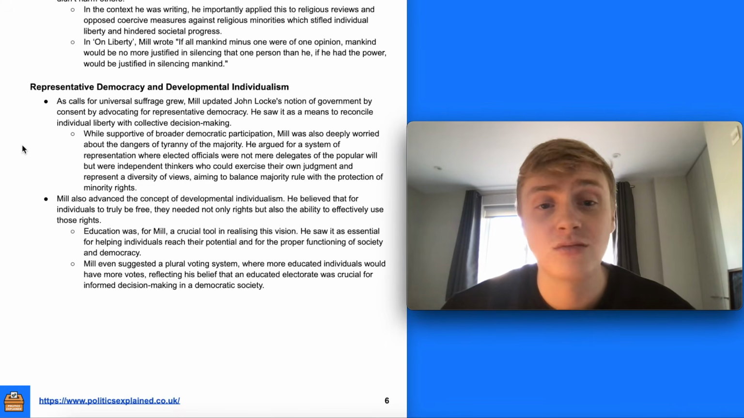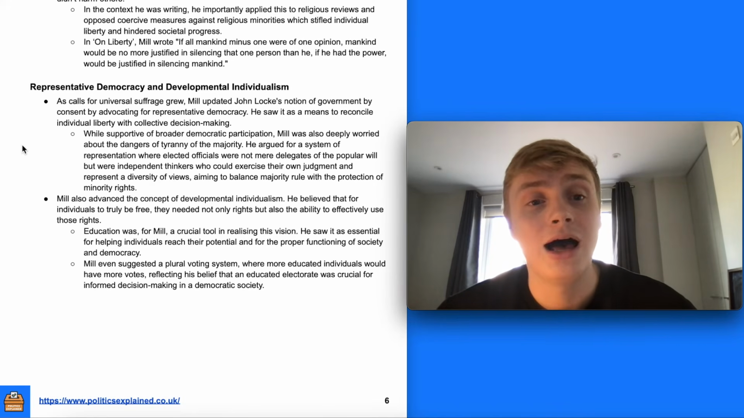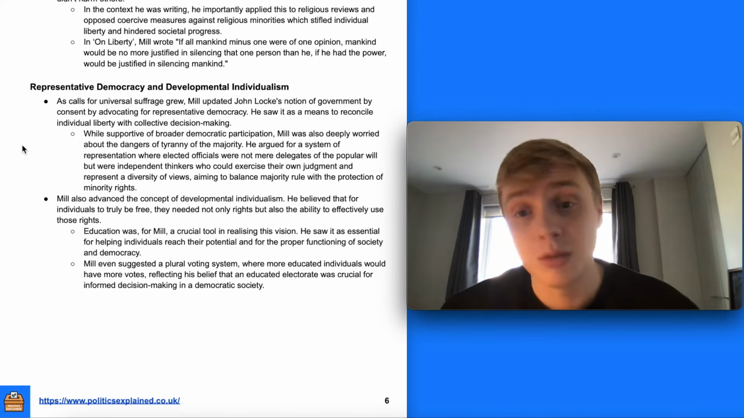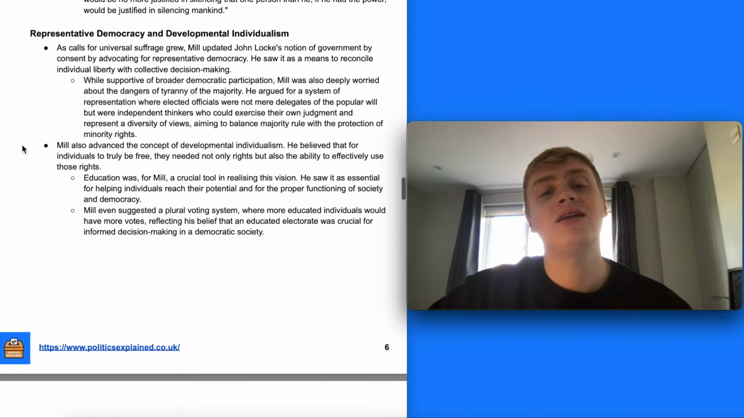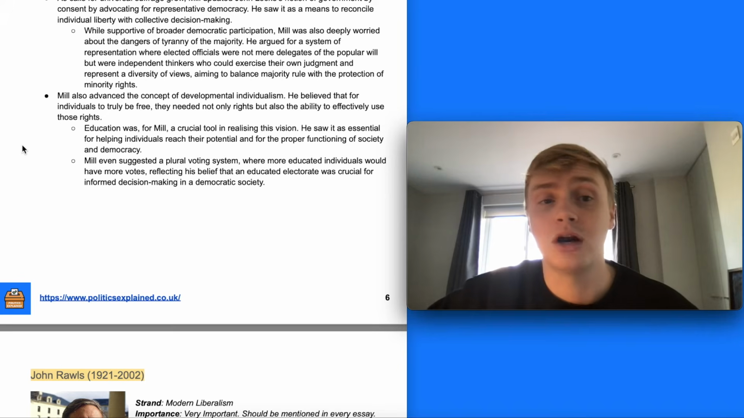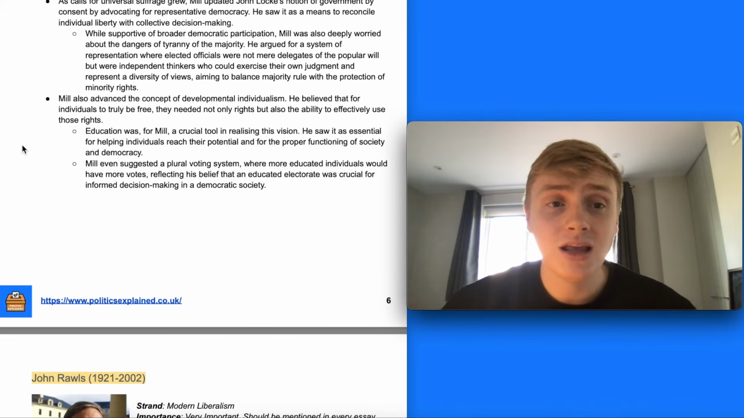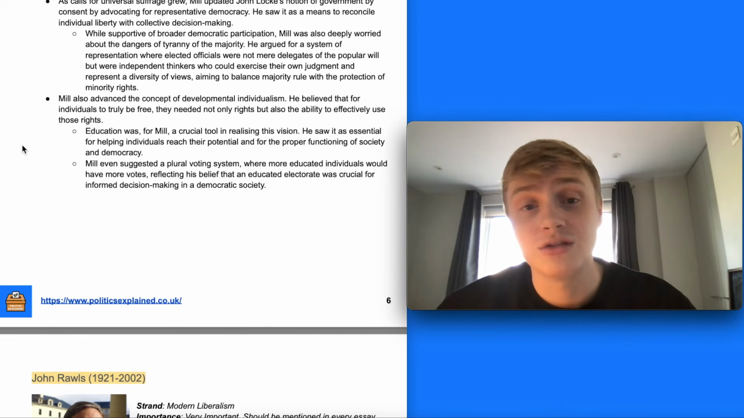So he argued for a system of representative democracy where elected officials weren't mere delegates, simply implementing popular will, but were able to exercise their own judgment in a way that balanced majority rule with protecting minority rights. And he also advocated the key concept of developmental individualism, that believed that for individuals to truly be